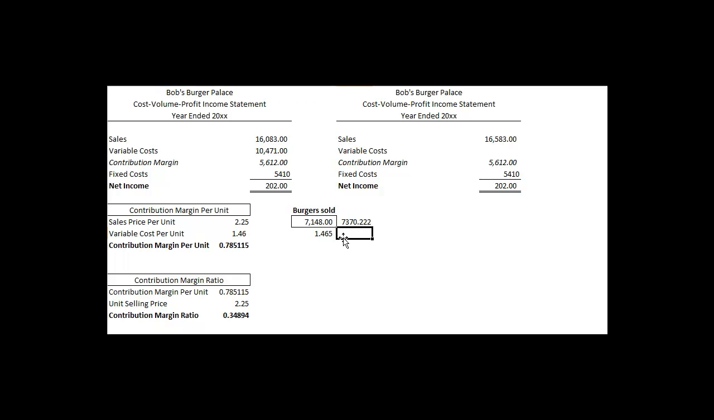an odd number of hamburgers, and so therefore to get my variable cost, I take this odd number of hamburgers, which again isn't realistic, and I multiply it by the variable cost per unit, and I get this as my variable cost. So the contribution margin takes my sales minus my variable cost, my fixed costs stay the same, and my net income went up to $376.47. So the answer would be that my profit increases by